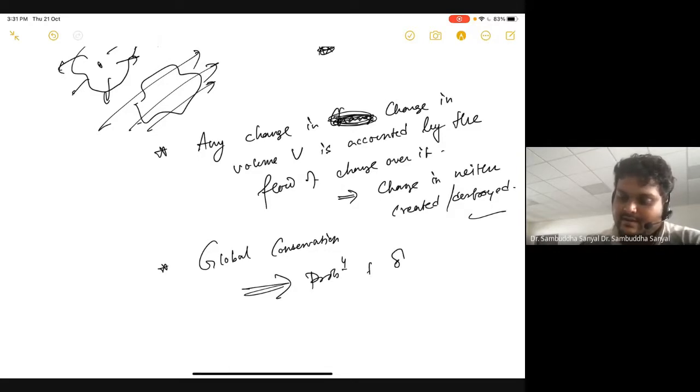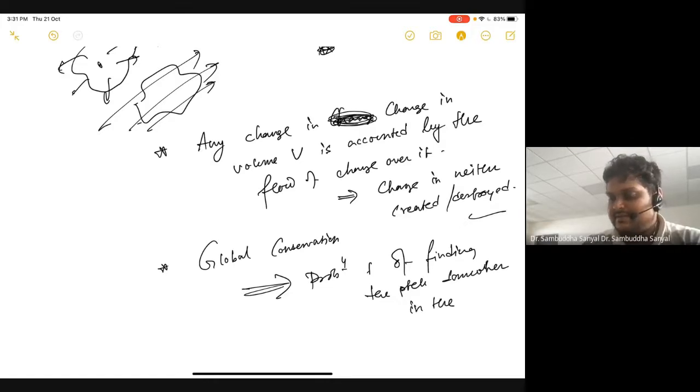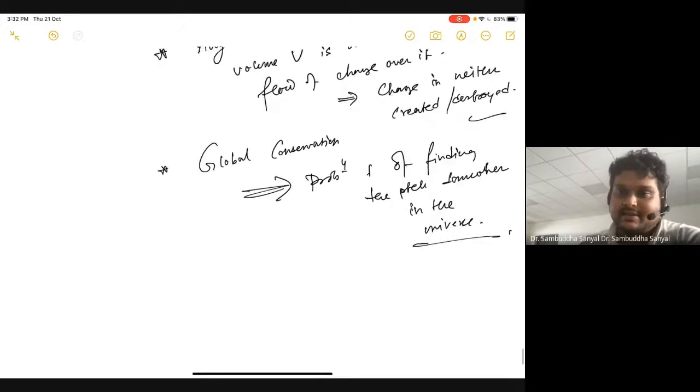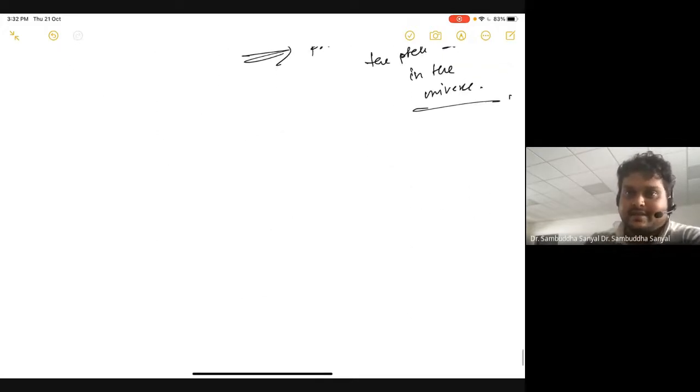Probability 1 of finding the particle somewhere in the universe. Okay. Now let me give a very peculiar example for that. I may not have time to complete the example, but it is very simple and you can see it very clearly from here. So are you familiar with an example where the charge is constant, the local charge is